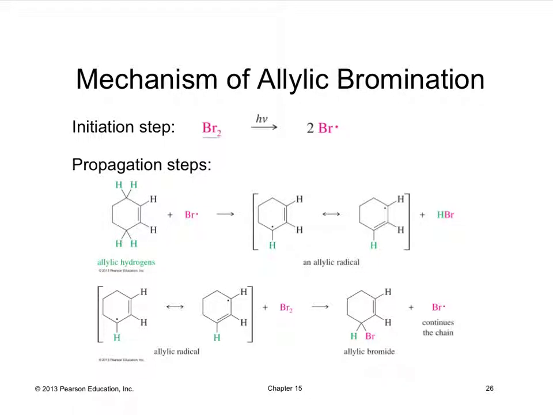In terms of the mechanism of allylic bromination, I'm going to draw Br2. As you have seen before, in the presence of light, you're going to homolytically split that bond, shown here. I'm showing half arrows to generate 2 Br radicals. Now you have propagation occurring, where you have Br and your molecule of interest, so the allylic hydrogens become the target here. The electrons from the Br come in,